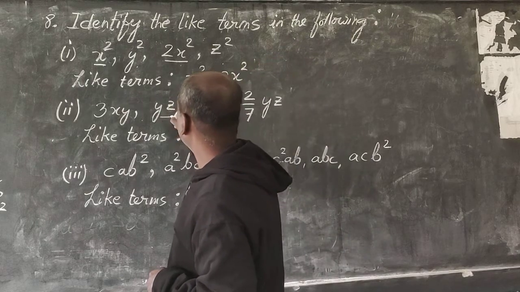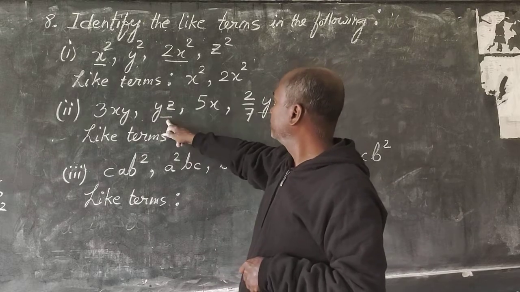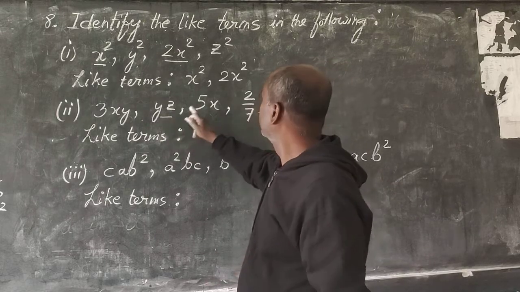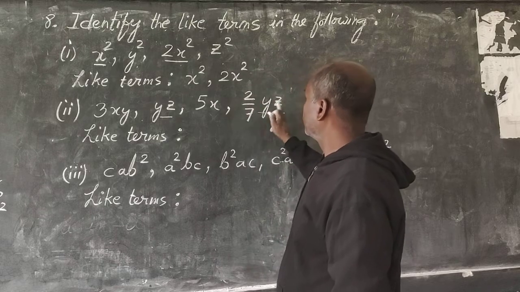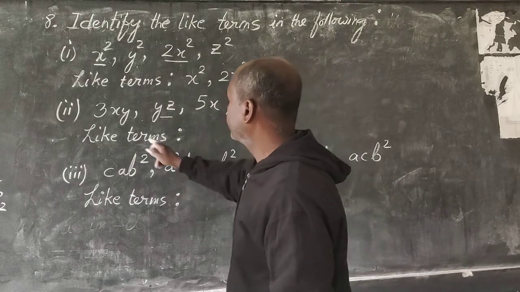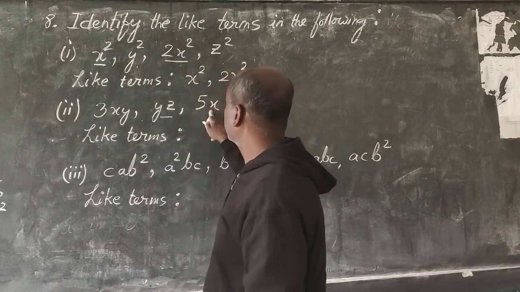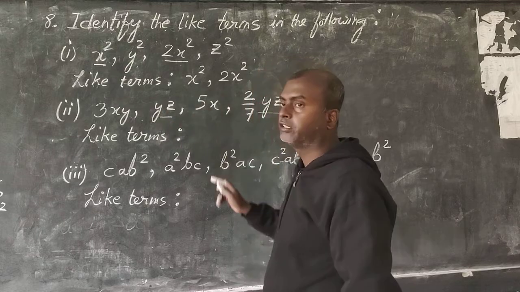Clearly visible, yz and yz. So this expression has variable yz. This expression 2y over yz also has variable yz. So these two are like terms. Whereas the rest of them, these two, the variable is given in xy and here only x. So they cannot be like terms.